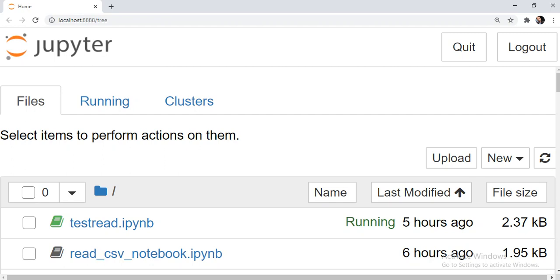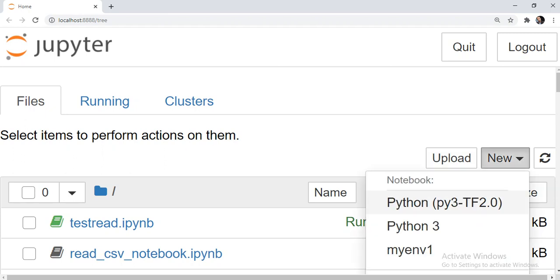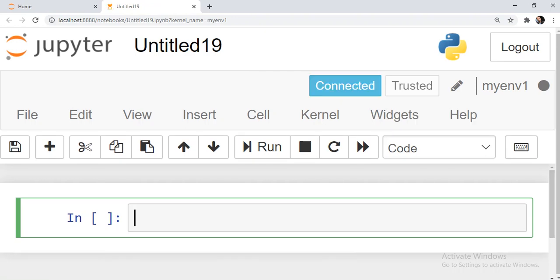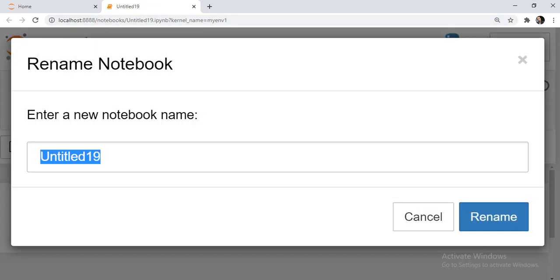Hello everyone. We will see how to read a fixed width file or a plain txt file that we usually ingest into the distributed environment. In our last video, we saw how to read a CSV file. Today, we will see how to read the text file using Spark, especially in PySpark. So we will quickly start with the Jupyter environment where we will create a Python notebook and give it a name, read text file.